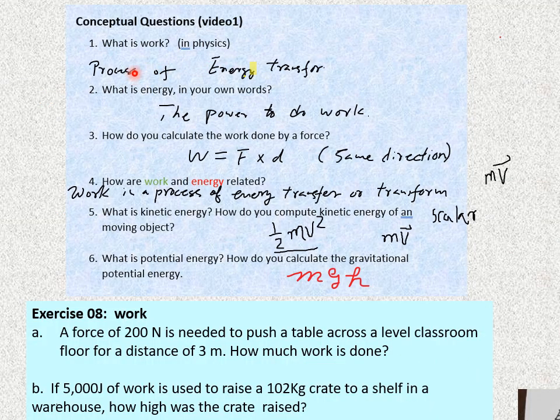Now let's review some exercises we did in class just to retouch these topics. We actually did them over and over again. These conceptual questions are in your class handout. What is work? It is a process of energy transfer. If you say it's force times distance, you're right, that is how you calculate work in the sense of science. But it's the process of energy transfer because there are different forms of work and different types of energy, but in general, it's always a process of energy transfer.